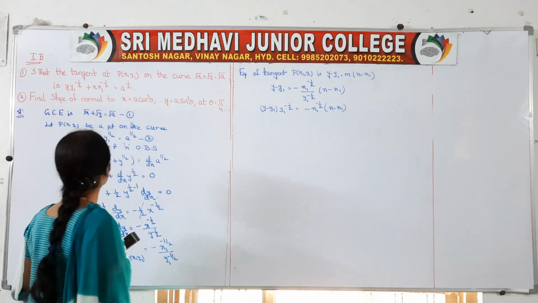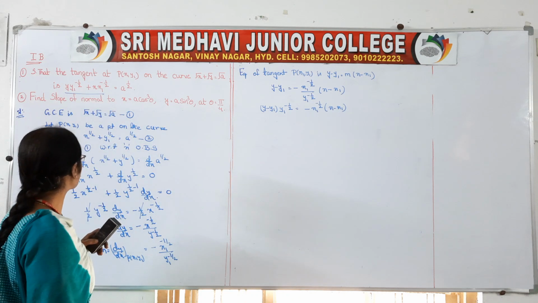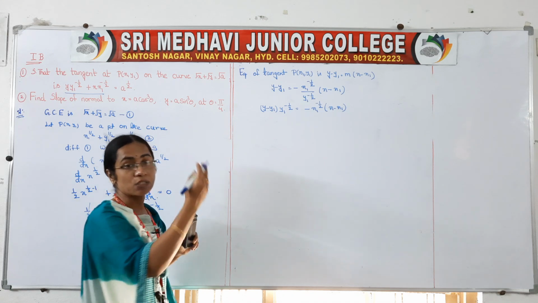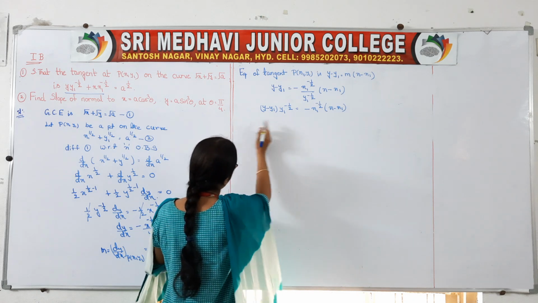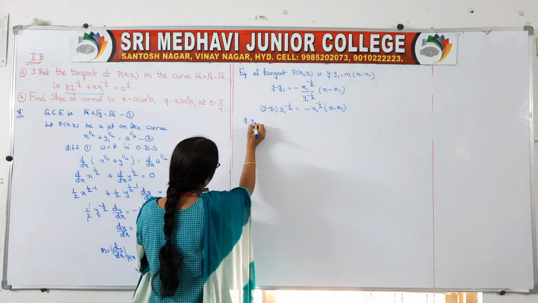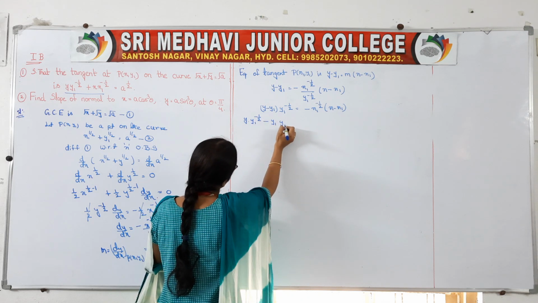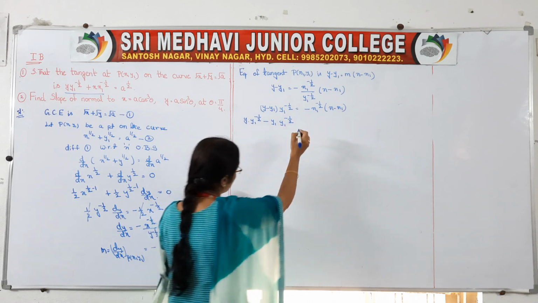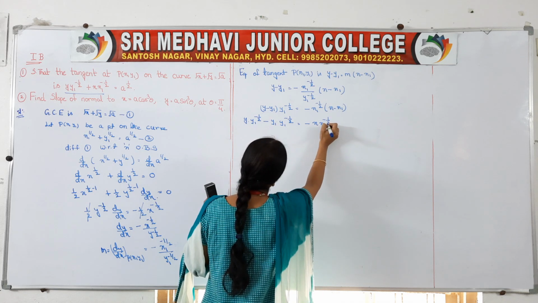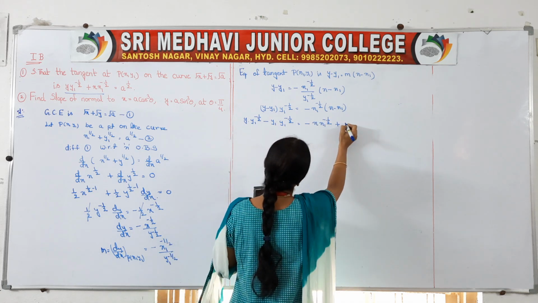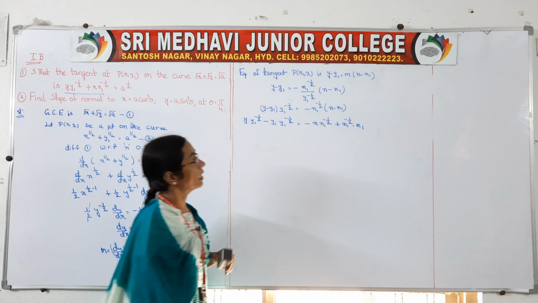Okay, so now we have to prove at the end it is y into y1 to the power of minus 1 by 2 plus x into x1 to the power of minus 1 by 2 is equal to a to the power of 1 by 2. So open the brackets: y into y1 to the power of minus 1 by 2 minus y1 into y1 to the power of minus 1 by 2 is equal to minus x into x1 to the power of minus 1 by 2 minus of minus plus x1 to the power of minus 1 by 2 into x1.